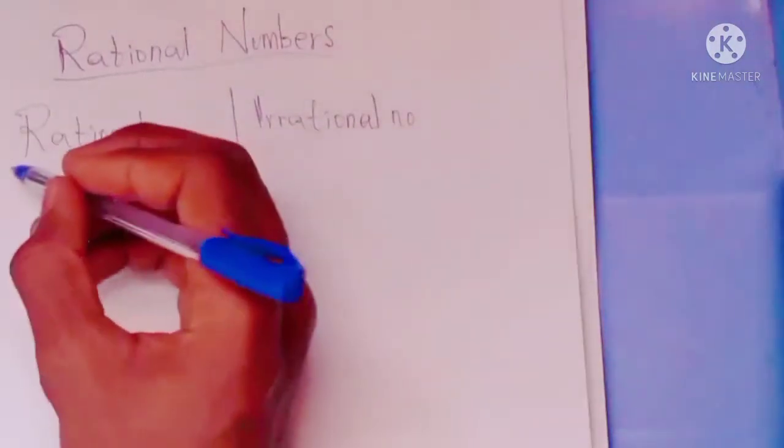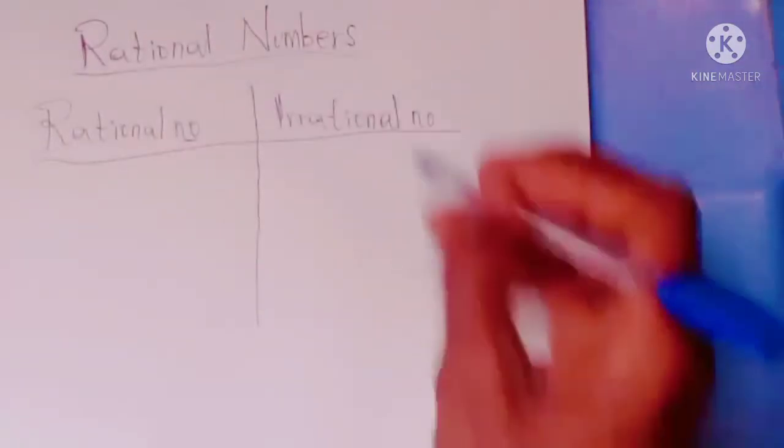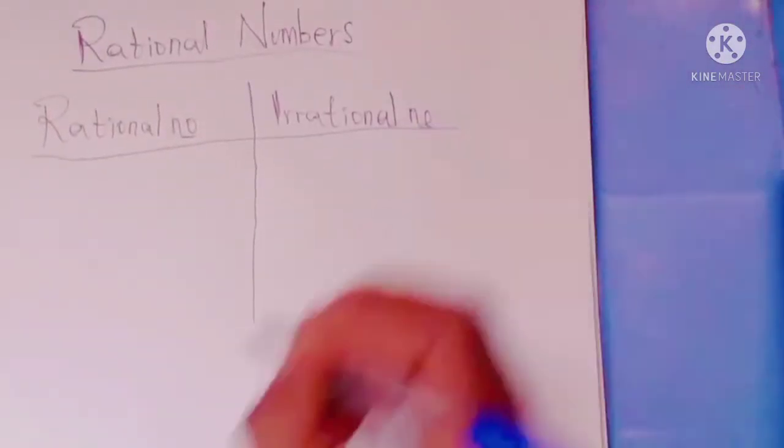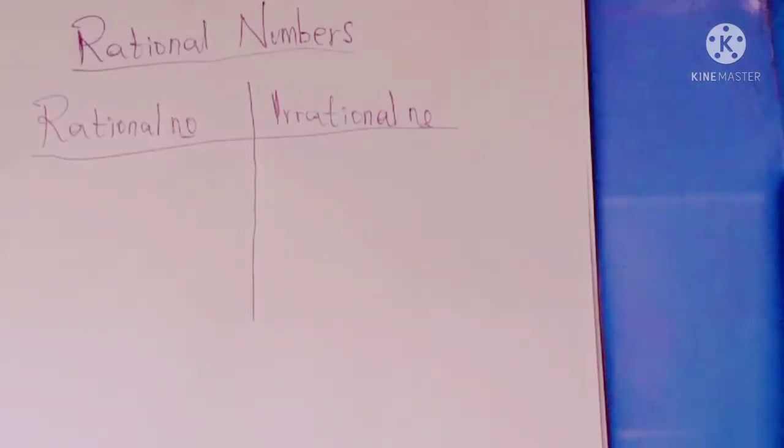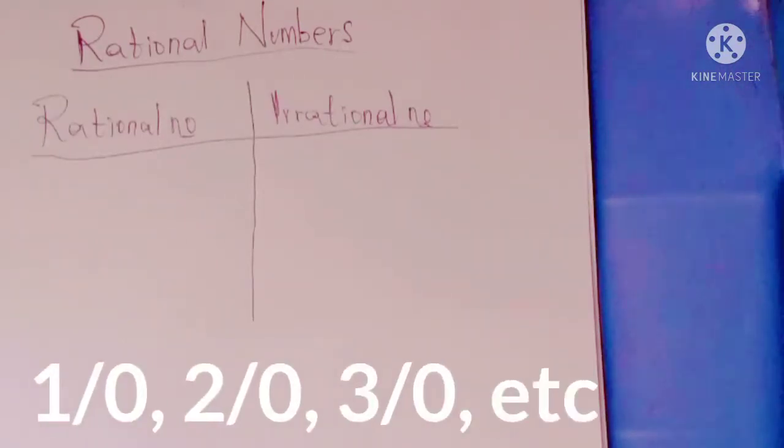Now when we say rational and irrational numbers, we are referring to the kinds of numbers that can be found under these two types. For rational numbers, the categories of numbers that can be found there are really much more compared to the irrational numbers. So what kind of numbers can you find in rational numbers? Any kind of fraction except for the one that looks like this you are seeing on the screen: